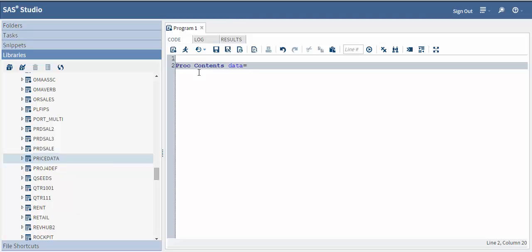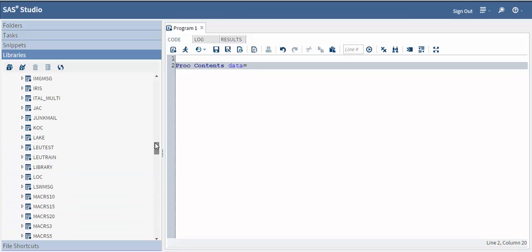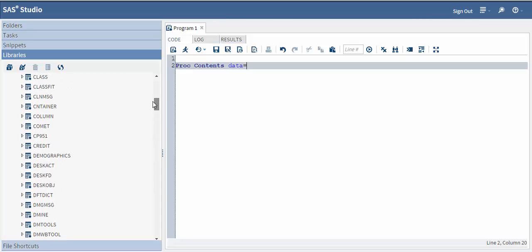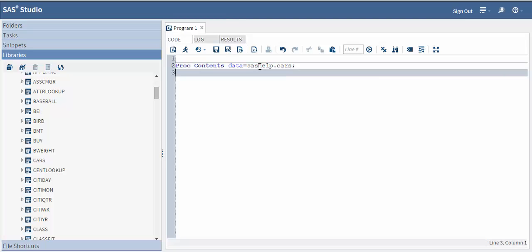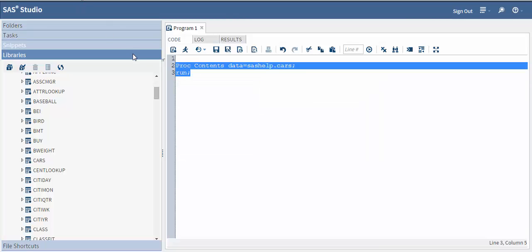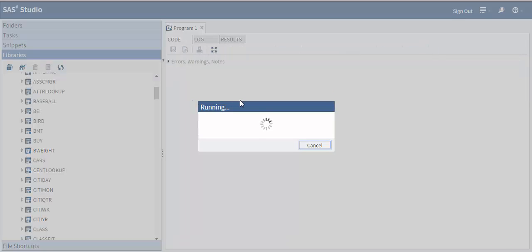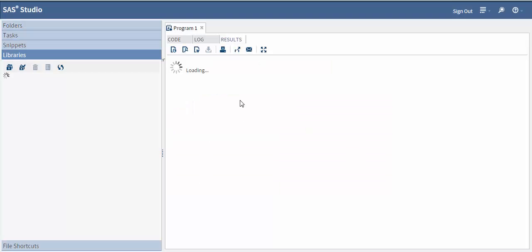So let's say we want to understand the contents of this particular dataset called cars, which is there in the SASHELP library. So the way I put it is sashelp, first the library reference name, then a dot and then the dataset name, that is cars, right? Proc contents data is equal to the dataset name, that is sashelp.cars, and a simple run. So this we have seen already. How does this execute? I just select this code and I click on run, right? So here we have